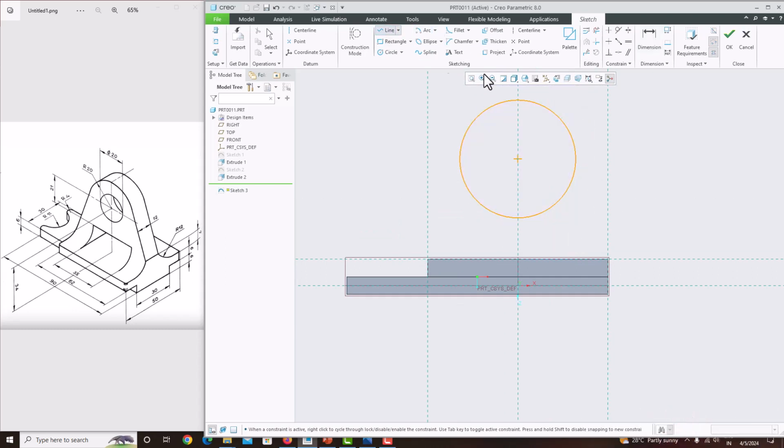Now take a line, connect it as a tangent. Connect it here and here, connect it as a tangent. Here there is no tangent connection. Put a tangent connection here. Now specify the dimension. Double click here, this height is 7 and remaining are all same. Now just say OK,